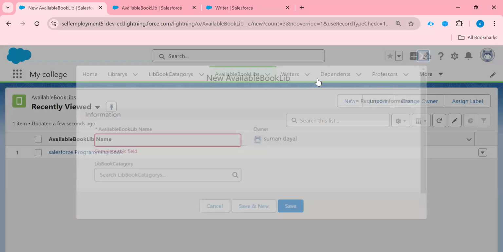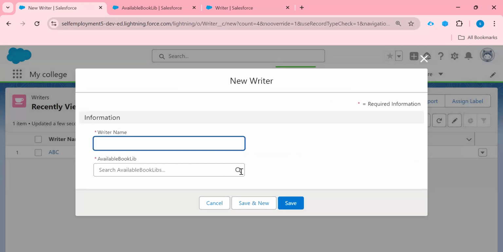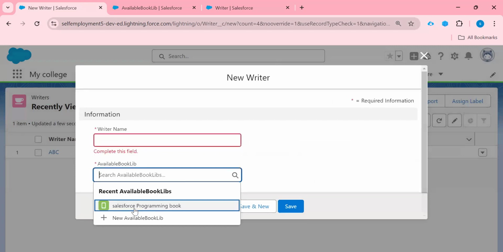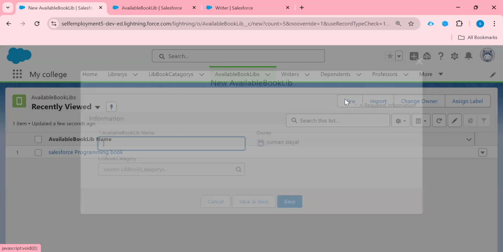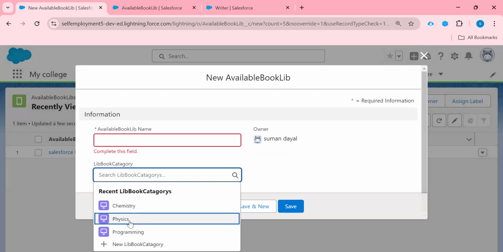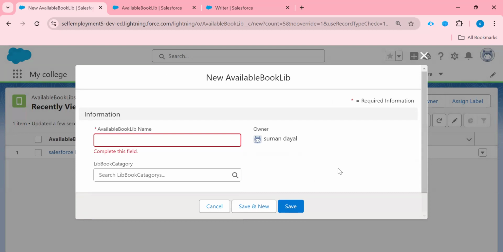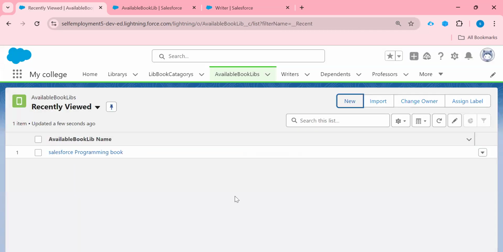But in master detail, it is a mandatory field, I must fill a value here, right? So this is the basic difference, and this is a pop-up window from where I need to select any category, right? So in this way we can create our lookup and master detail relationship, or we can achieve a one to many relationship in Salesforce Lightning. What the difference is, we will discuss in our next video.